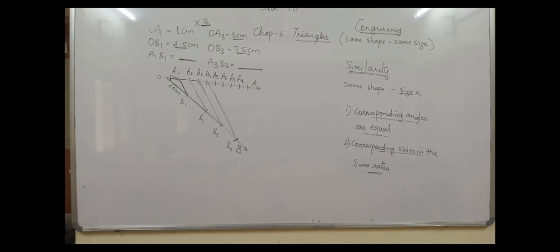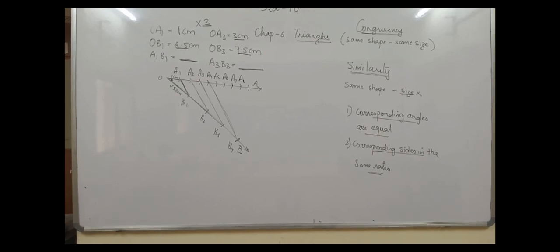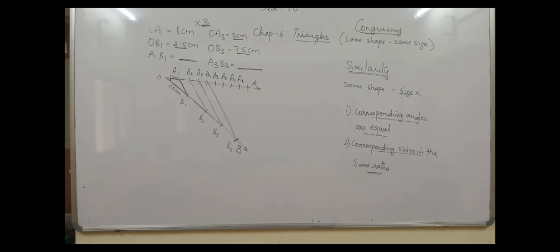I took you to the 9th standard first, explaining what is congruency. So, congruency is having same shape and same size. But in similarity, the shape remains the same, the size increases or decreases in the same proportion. Yes, this chapter is very important if you have to understand trigonometry. So we are not going very fast. Take your time and understand. If you need, then you can also take out your 9th standard textbook and go through similarity one more time. Sorry, congruency one more time.